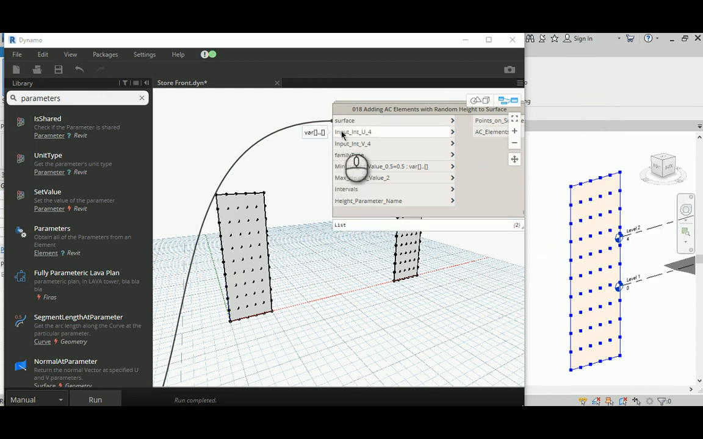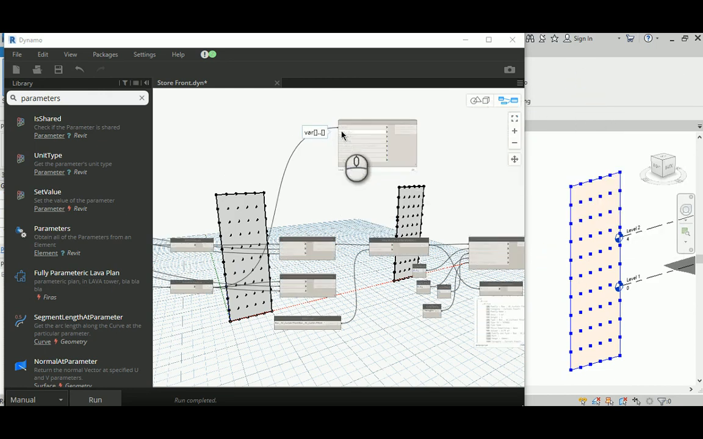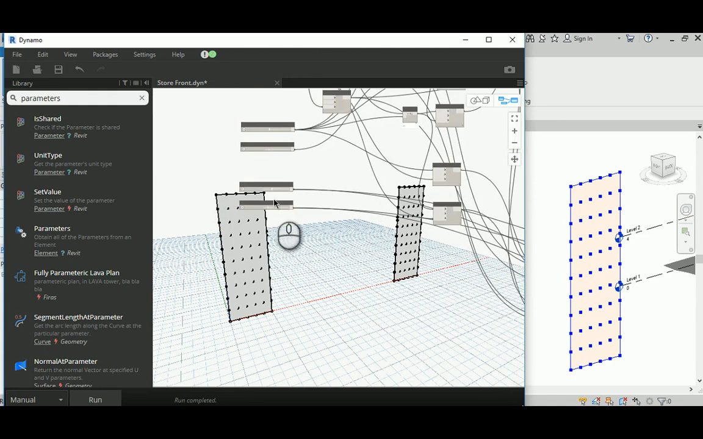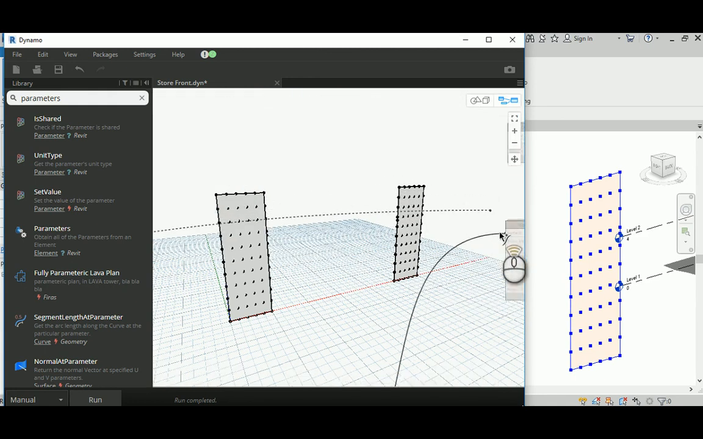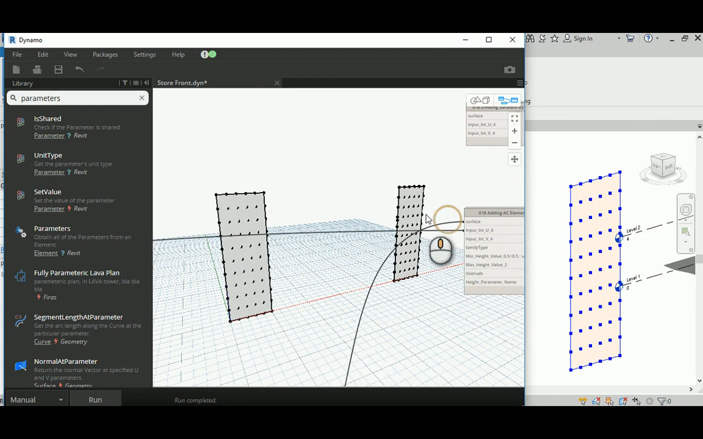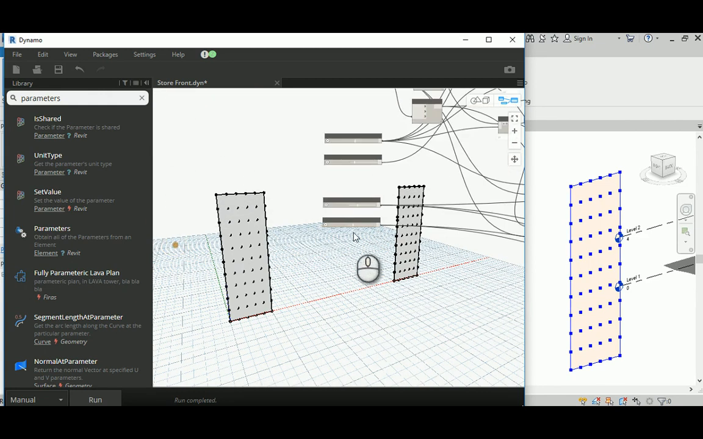So the surface value, it's already set for, let's say, the U to 10. And the V, instead of 4,